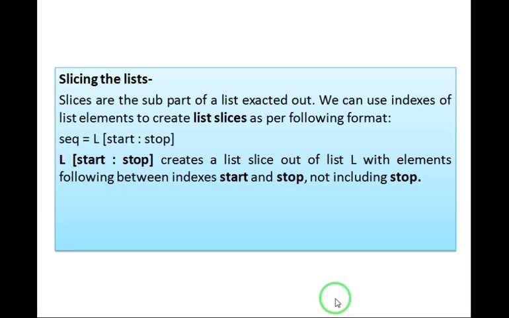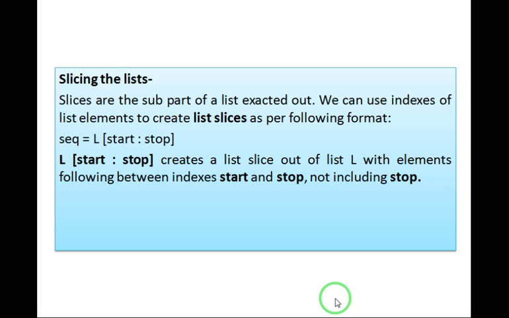Slicing the list. Now we will practically do slicing the list. But first, what is a slice, or what do you mean by slicing? Slicing means to extract a part of a list or of any data set. So you have a large data set and you want to extract a small part of that data set. For that we will be using slicing. Now how to do slicing?